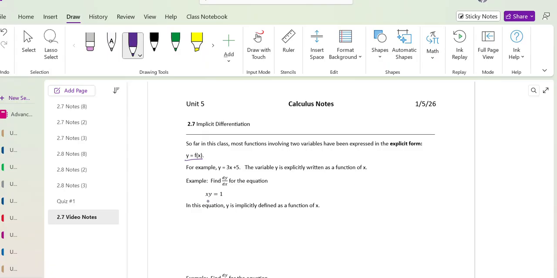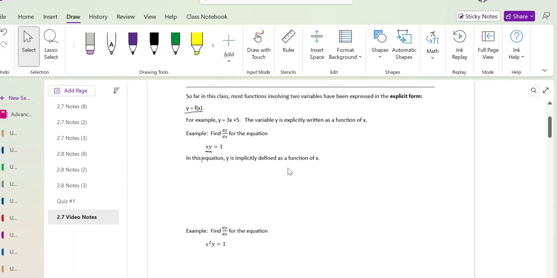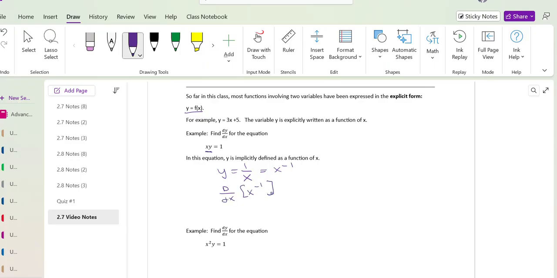Now, here, this is implicitly written. It's x times y equals 1. In this equation, y is implicitly defined as a function of x. In order to make it explicit, we would have to divide by x. So we get y equals 1 over x, or we say this is x to the negative first power. And if we take the derivative with respect to x of x to the negative first,